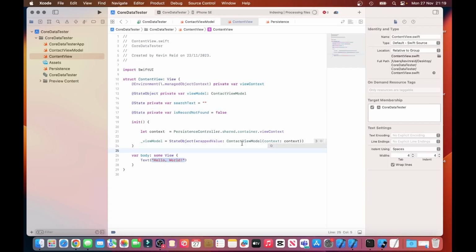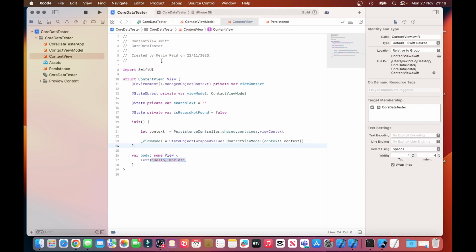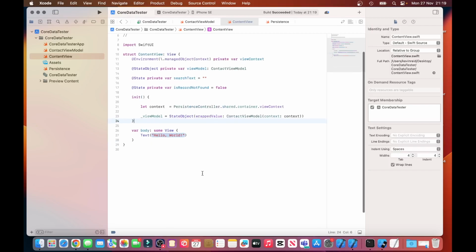Now I'll just compile it just to make sure that it's correct. Still compiling. Compiled. On line 27,